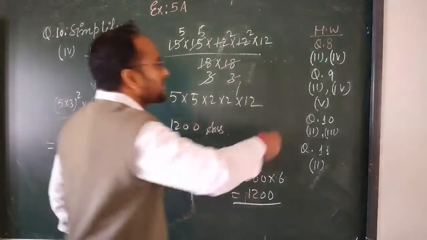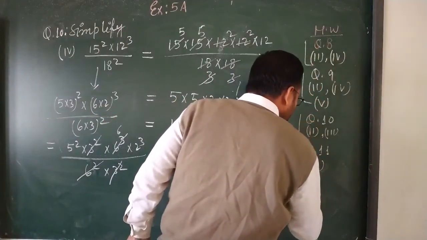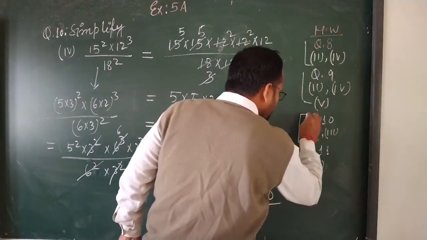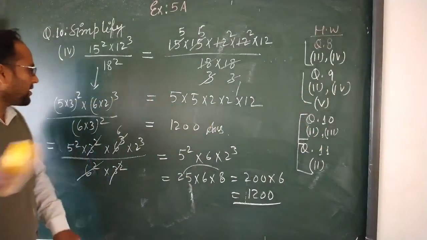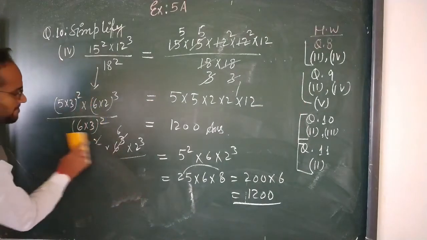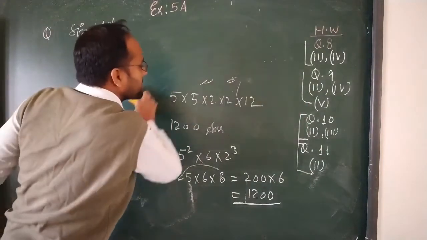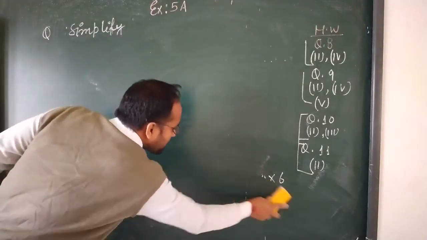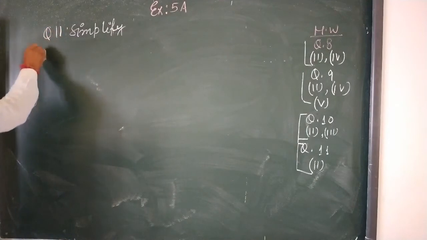Okay, this is question number 8. This is question number 9, this is question number 10, and this one is 11, students. Now question number 11, which is also based on simplification. See the first one. The first one is